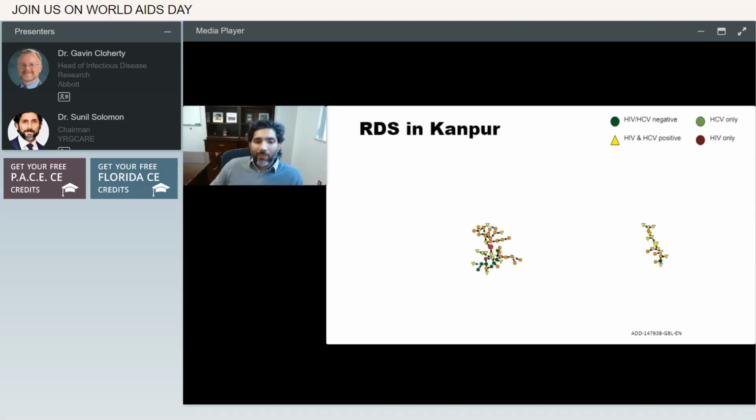And in Kanpur, for example, over a period of 130 days, we recruited about 1,000 people who inject drugs. And as you can see from all the yellow and the green and the orange on this figure, a lot of HIV and hepatitis C in this population. But I think what was really striking was, besides the prevalence, almost none of them were aware of their